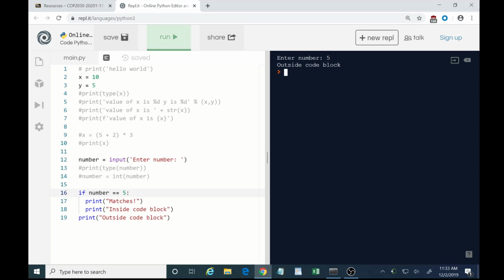No, it didn't match, because I'm trying to compare the integer 5 with the string 5. Notice the difference? So here I've got the number 5. Well, if I want to actually check to see if it's against the string 5, I can do that. So now I'm checking the string 5 against, or